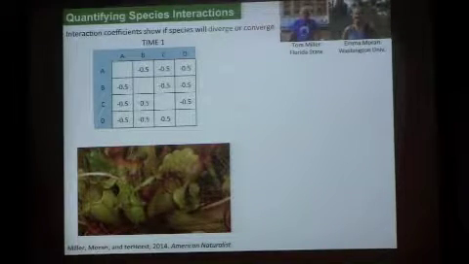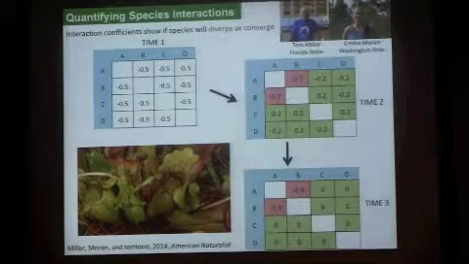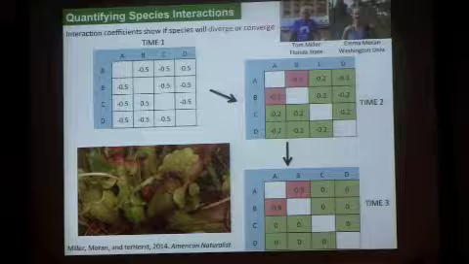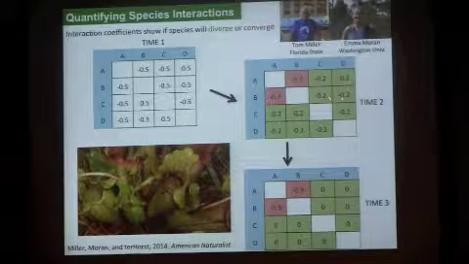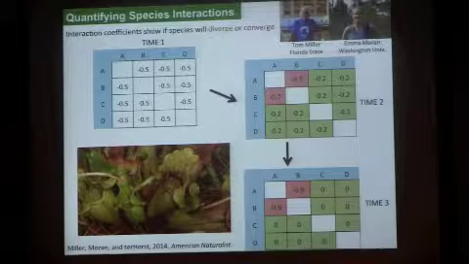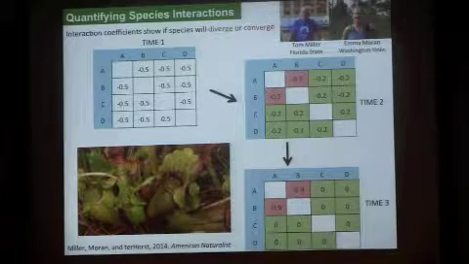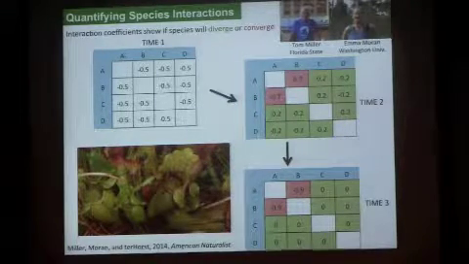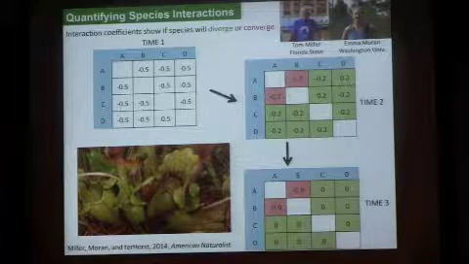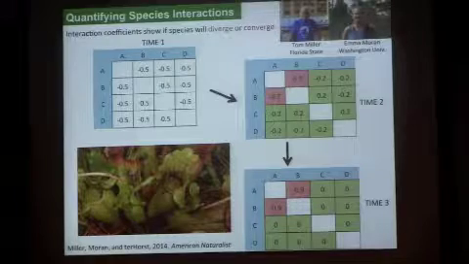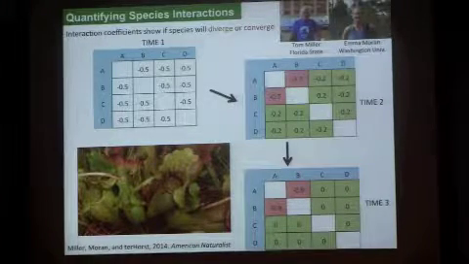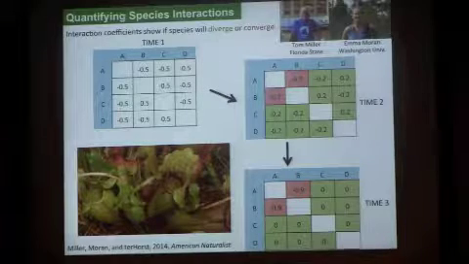and measure their interaction strength. In the case of the green boxes, we expect these values to go from -0.5 to -0.2 to 0. And that's if species are diverging, they have less and less resource overlap with one another. And so they might partition that niche so that they have no interaction with one another. And so in the case of the green boxes, that's where we expect divergence. We'd expect interaction strengths to decrease over time in the leaf.